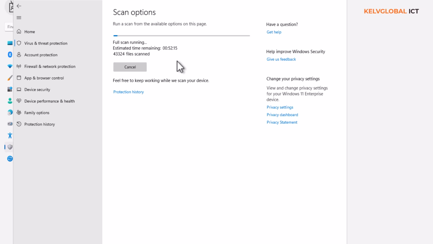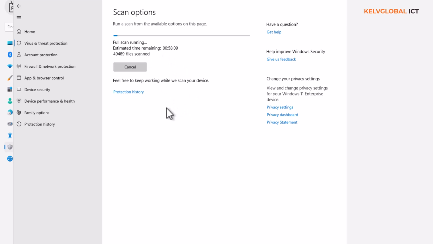Because by running the Windows Security scan in safe mode, you'll know that some of your drivers and some of the tools on your Windows client operating system are not running, because in safe mode, not all of your operating system is going to start without some specific tools. By doing that, it's going to allow you to scan your device deeply and try to remove any threat from your device. So this is how you scan your device using the virus and threat protection tool,